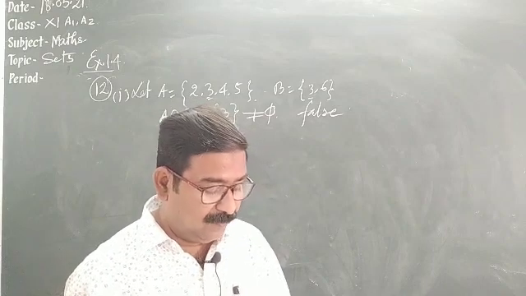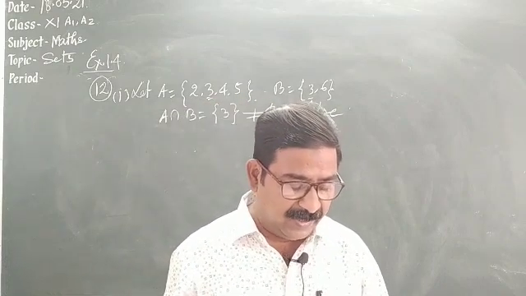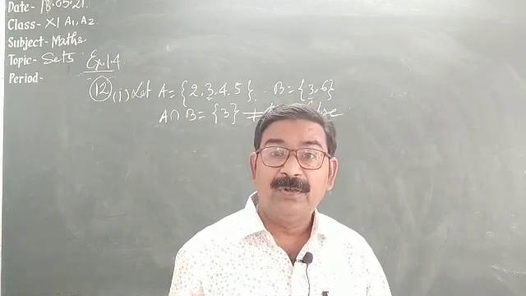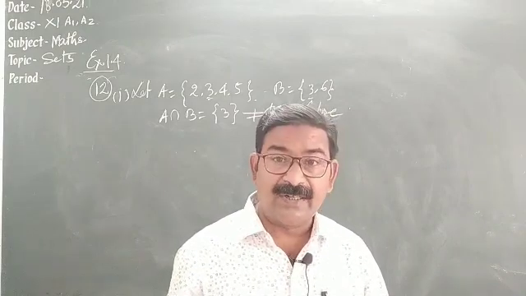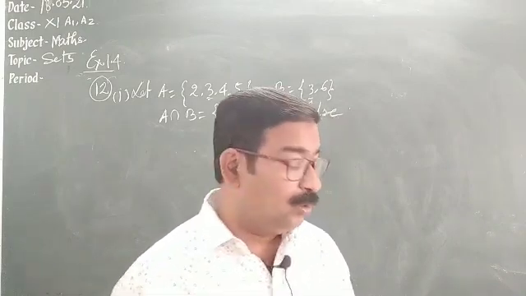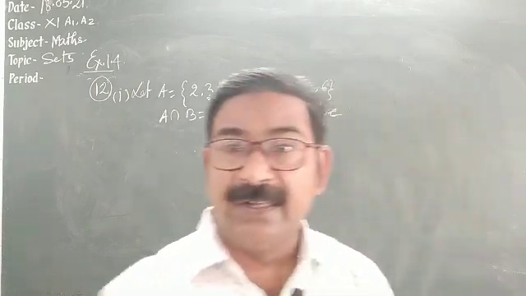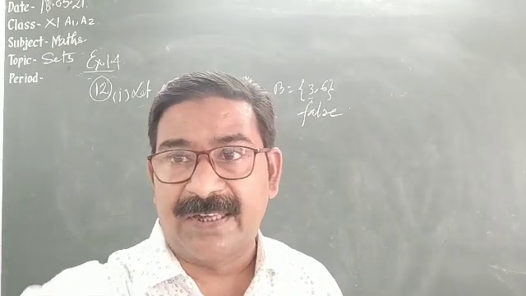In the third one, we have 2, 4, 6, 8, 10 and 3, 5, 7, 9, 11. So you see nothing is common. So intersection is empty. So it is a disjoint set and it is true. So this is how you can write all the answers of this exercise. Is it clear? So we shall proceed to the next exercise.